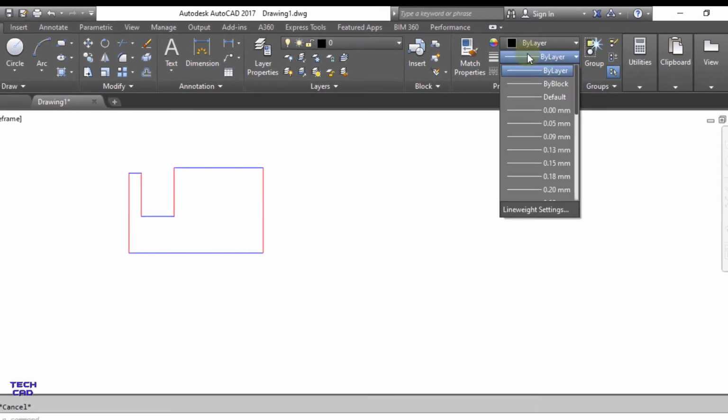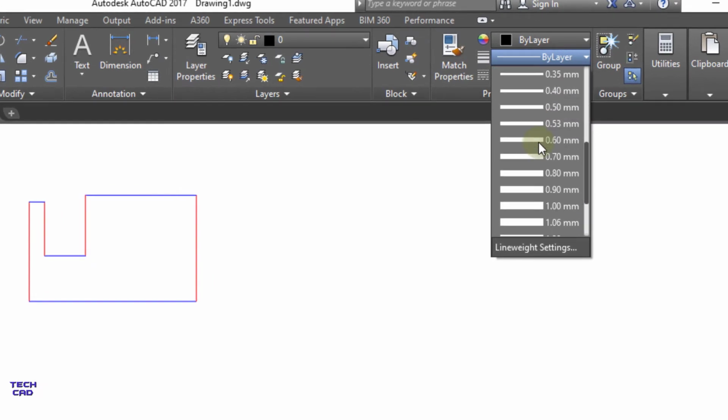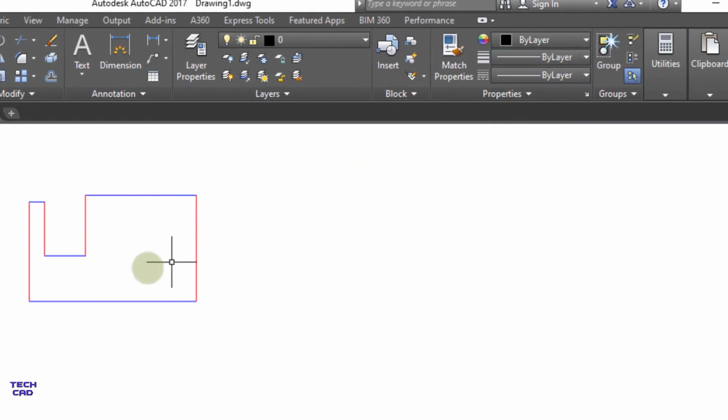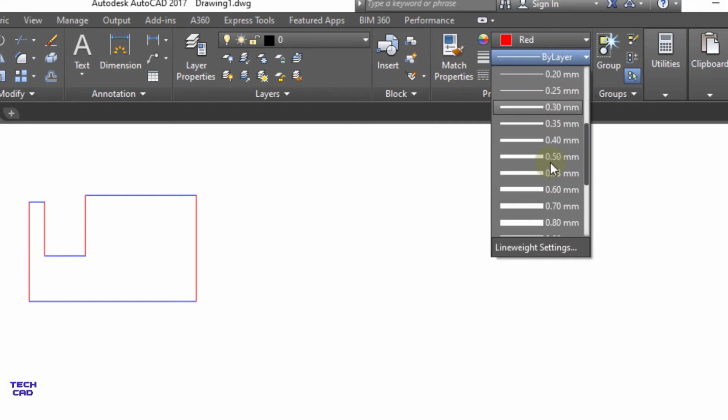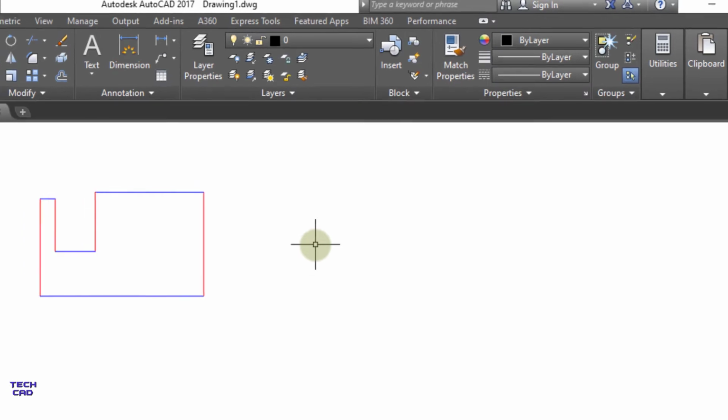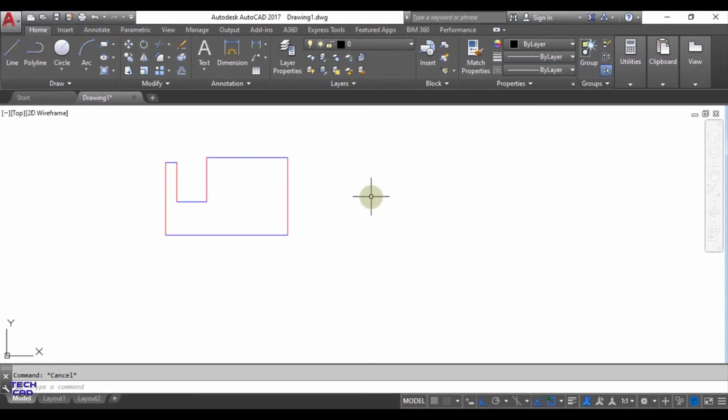And the next is the thickness of the lines. Let us suppose I want to change the thickness of the vertical lines to some extent. I will select all the lines, go to the By Layer tab, and make it 0.50 mm. Once you select it, it has been changed, but it is not visible right now.